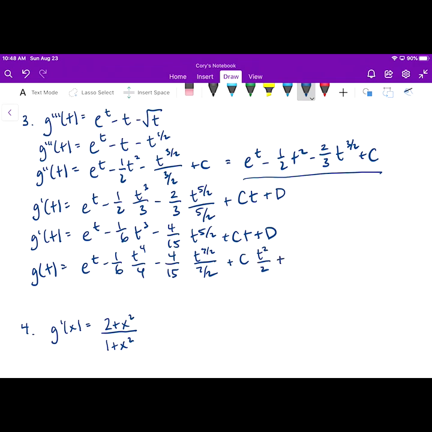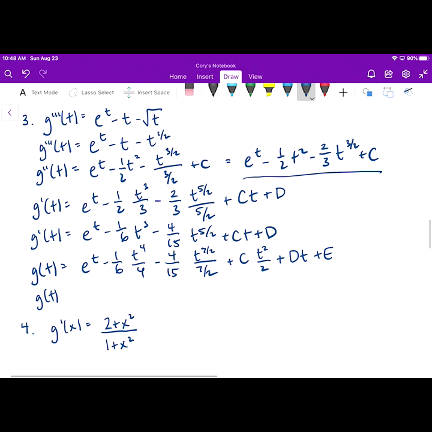plus the antiderivative of d is d times t. And then we're going to add one more constant, e, at the end. And then I just want to go through and simplify term by term. Okay, so that's going to make g of t equal to e to the t power minus